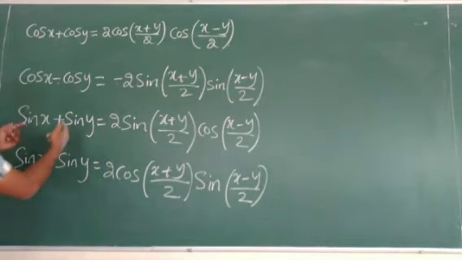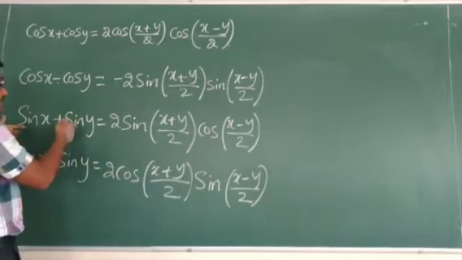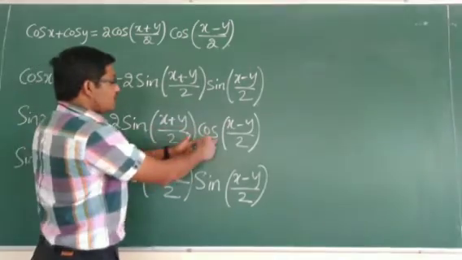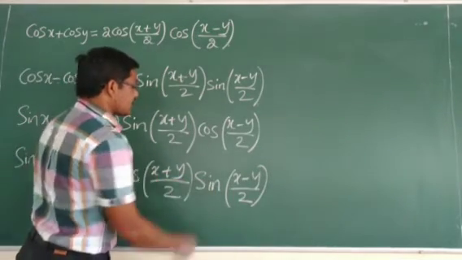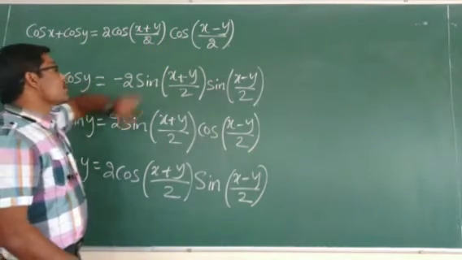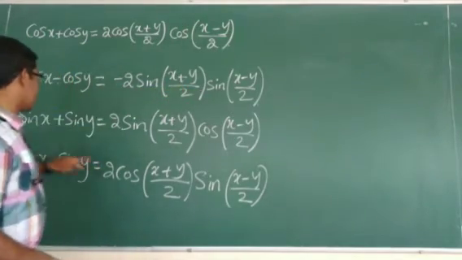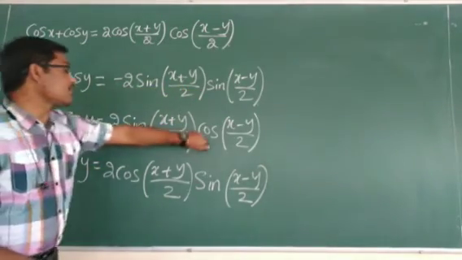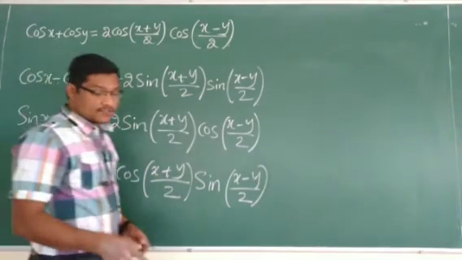And when you have sine plus sine, you get one sine, one cos. When it is again sine, when both are sine, again you get one cos, one sine. So when both are cos, here both will be cos. When cos is there, you get the same thing. When you have sine, you get different things. So this is one way how you can remember these formulas.